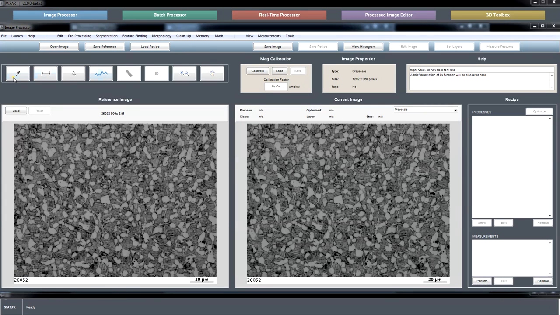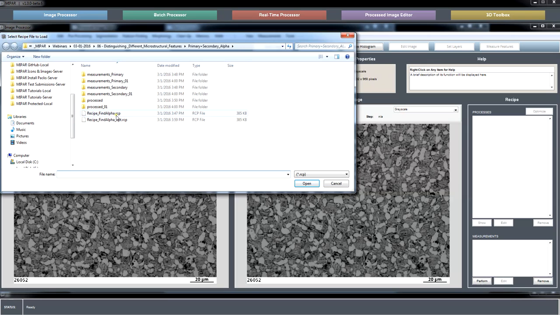We had some images from weld cross sections with different phases in steel, and I can build a recipe here for what I think should work for those steel images and try to apply it there. Let's start with the